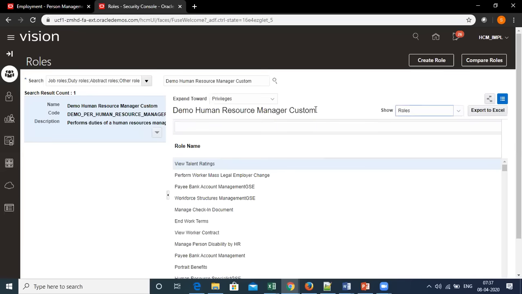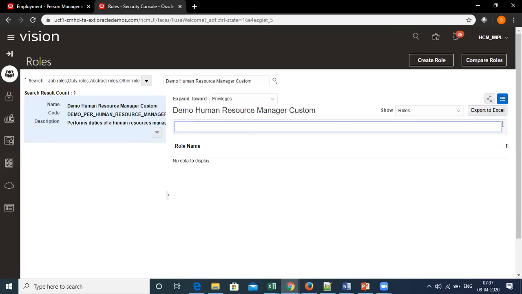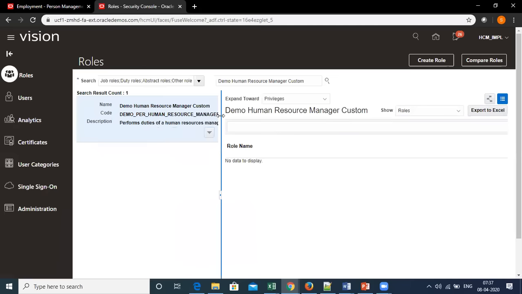Okay. All right, so it's taking a little while, as I said, it takes a little while. It is again taking a while over here to reflect on the copy custom role. But more or less, this is the same. This is how the role reflection will take place.